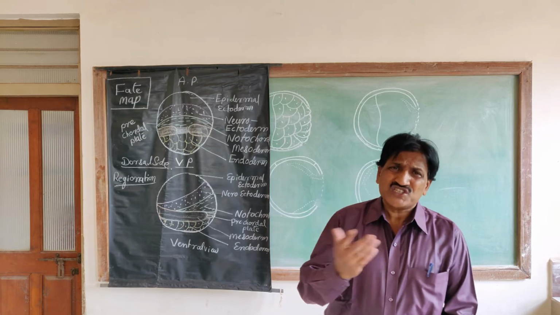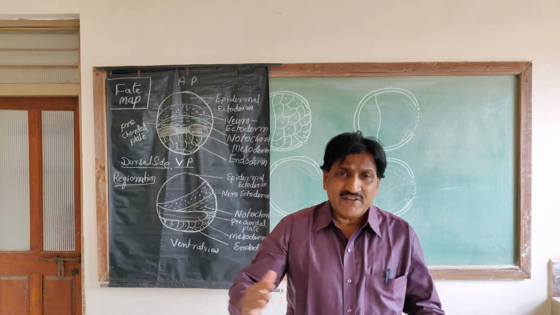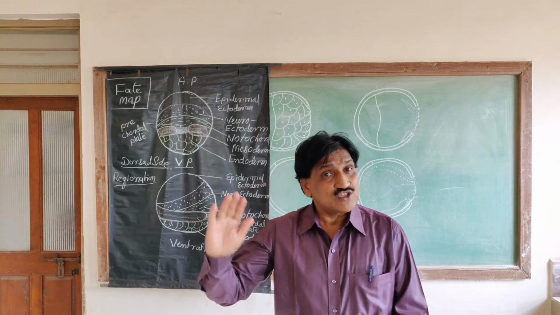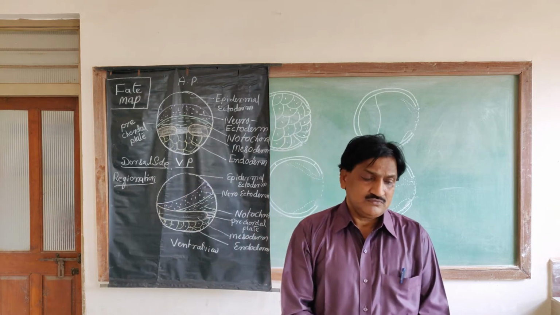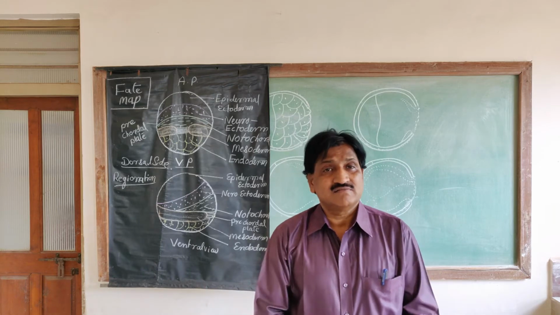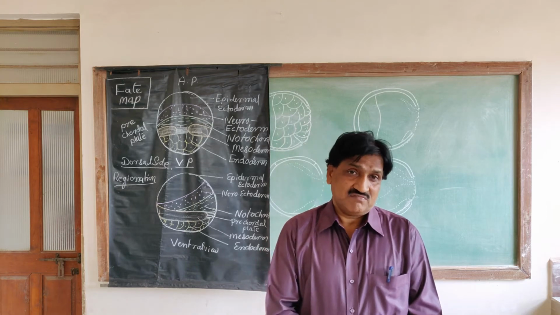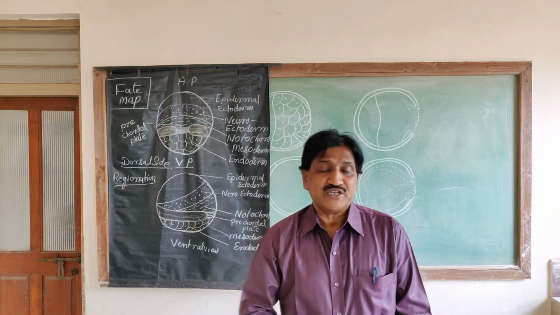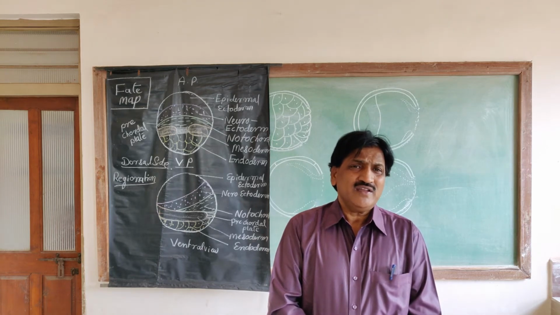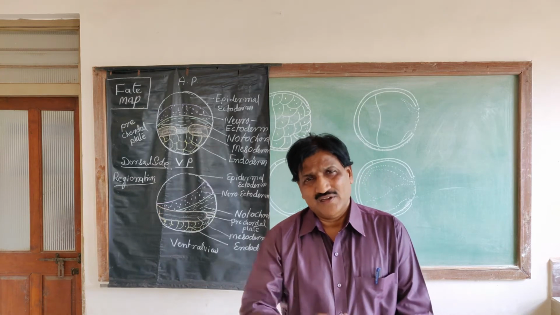So how are they studying regarding fate map? My dear students, they are using different techniques for the study of different areas of an embryo. What are those? They are using vital dyes, carbon particles, and some radioactive elements. Now here we only have the general topic regarding the fate map of frog.